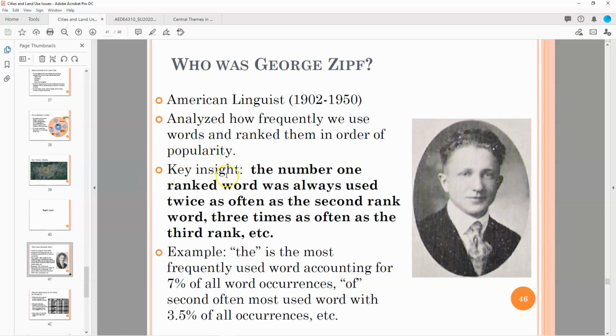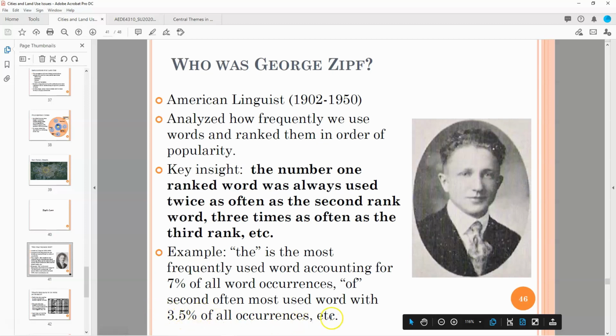The key insight is that the number one ranked word was always used twice as often as the second ranked word, and 3 times as often as the third ranked, and so on. For example, "the" is the most frequently used word, accounting for 7% of all word occurrences. "Of" is the second most used word, with